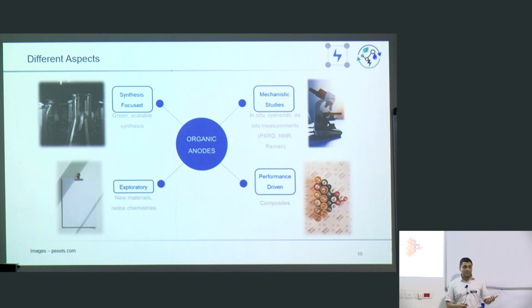Of course, if you're a fundamental chemist or a fundamental scientist, you want to know the mechanism really well. So you have to understand all the features of the molecule and how the ion insertion happens. And of course, you always want to improve the performance, be it forming composites, be it forming something else. So these are typically the four aspects, as I see it, for any materials chemistry research, which when you're starting as a synthetic chemist or a synthetic experimentalist rather, you would want to focus on any of these four